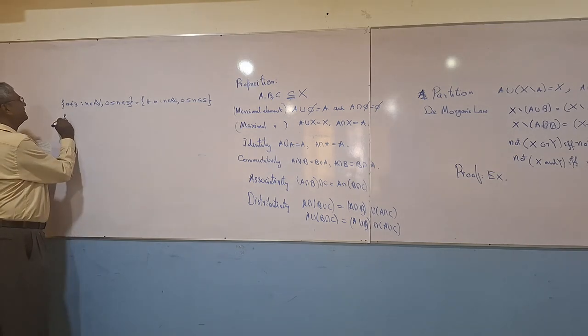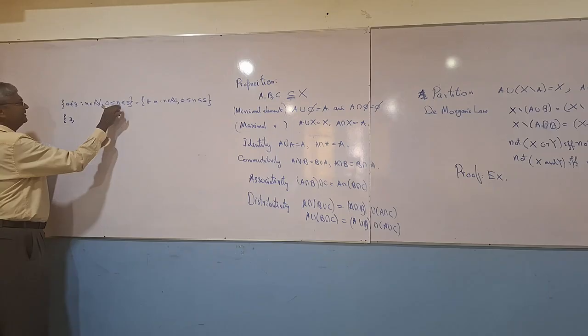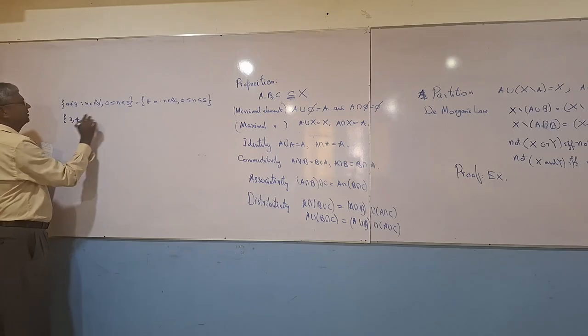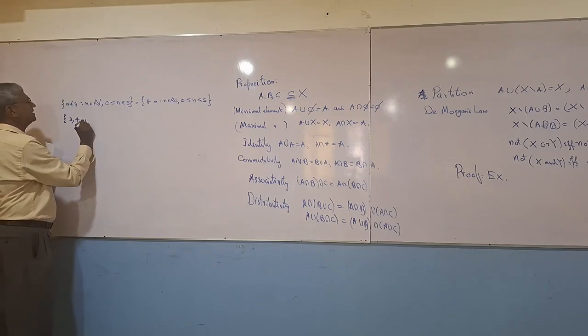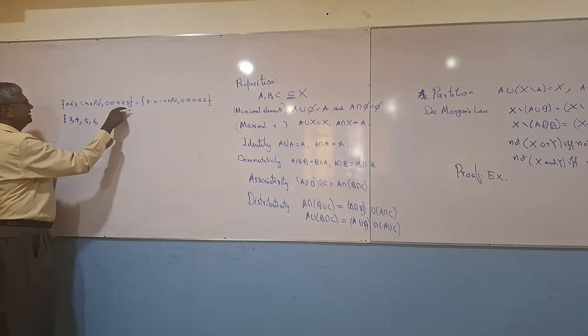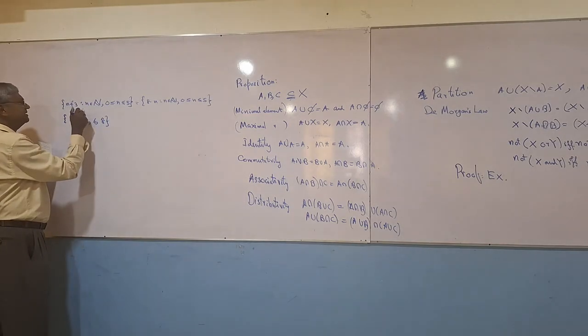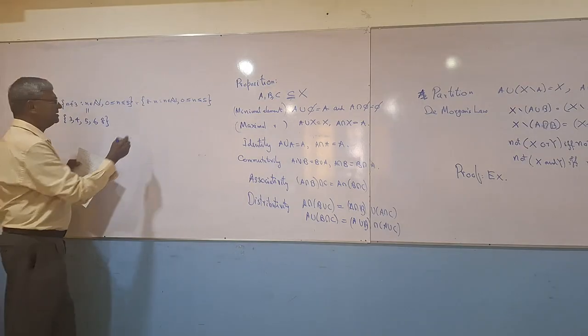If you write this set, if n is equal to 0, this is 3. If n is equal to 1, this is 4. If n is equal to 2, this is 5. If n is equal to 3, this is 6. If n is equal to 5, this is 8. No? So this is this set. And this set is